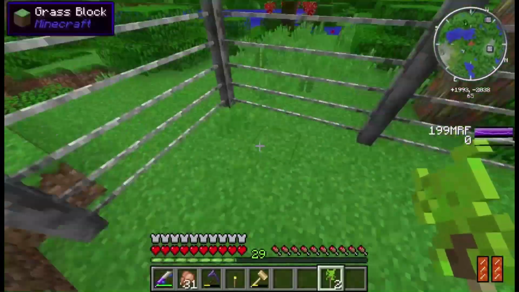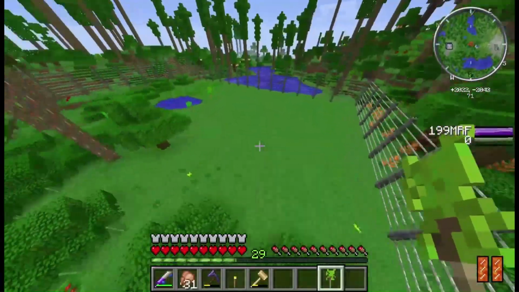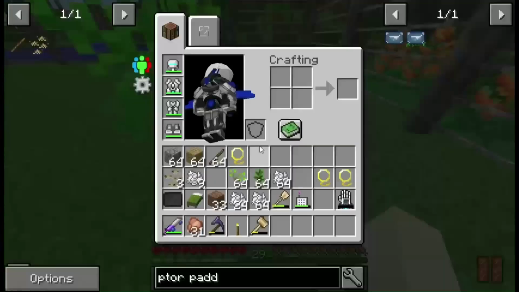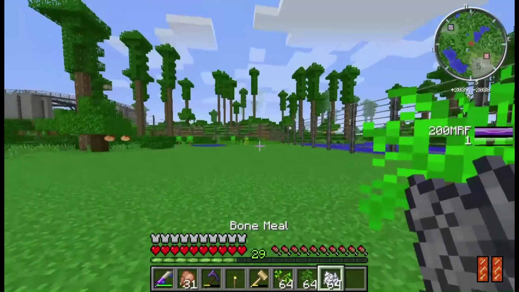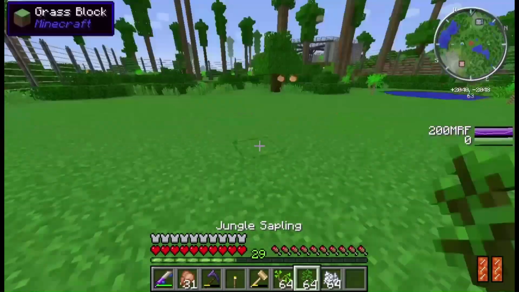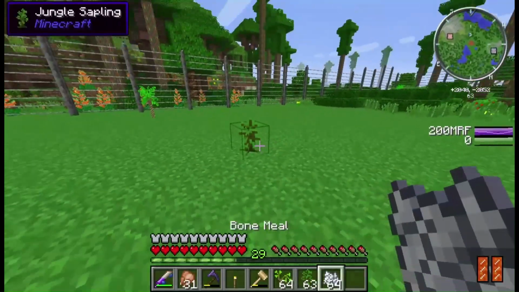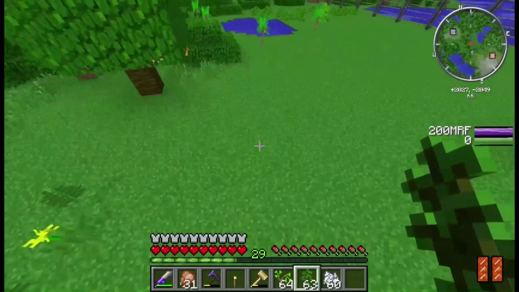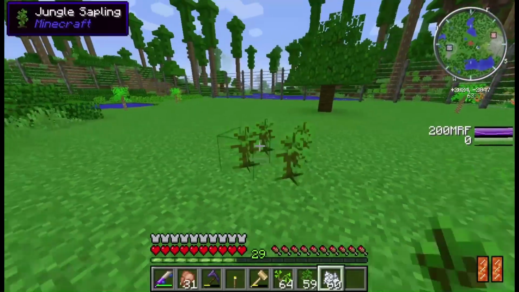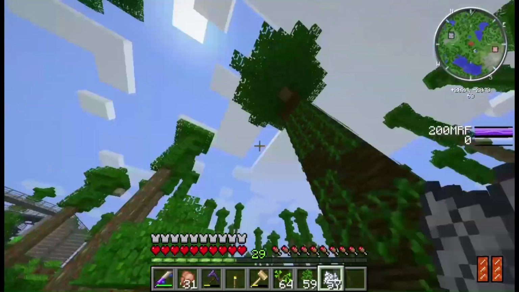So I think I'll place another one up in that corner, and then I'll probably need to fill all this in eventually. But we do have these ginkgo saplings, which are an extinct ancient tree we have, as well as these jungle saplings. I'm probably going to grow a couple jungle trees out here. Maybe just one of those. I might grow a couple big trees, too. I think that would look good, actually. Let's grow a couple big trees. Yeah, it'll really definitely add to the...